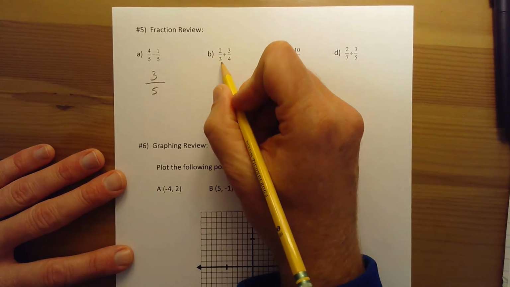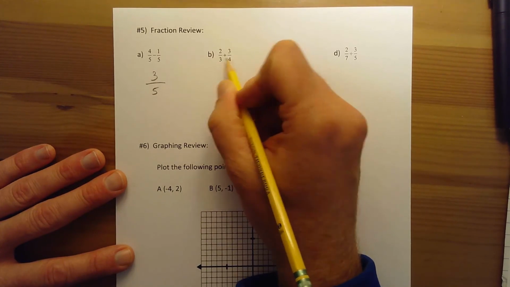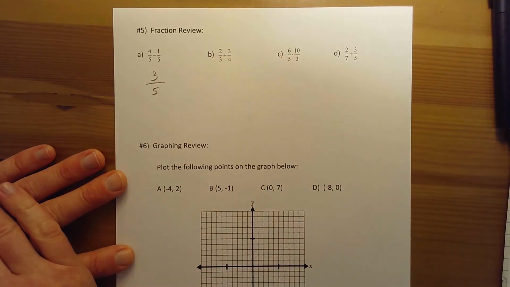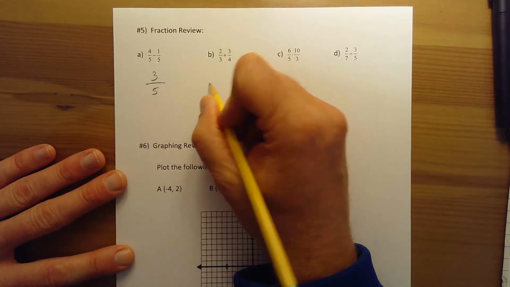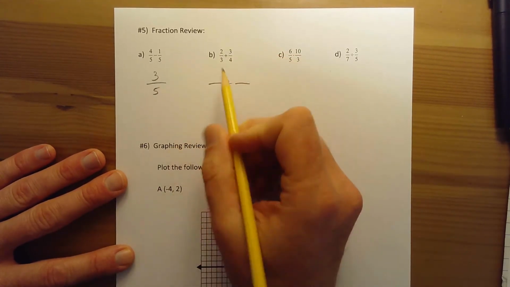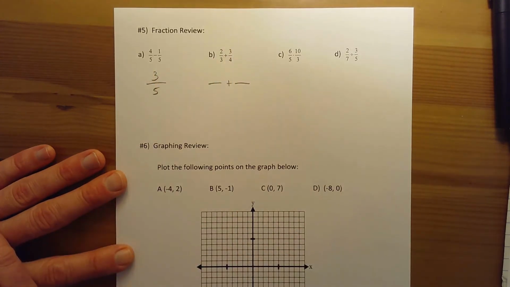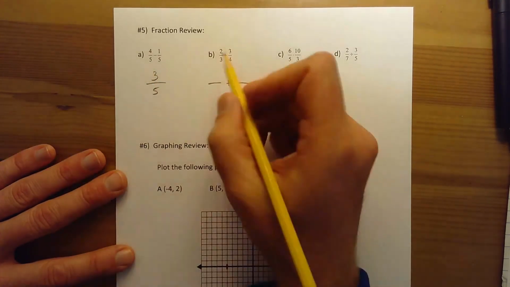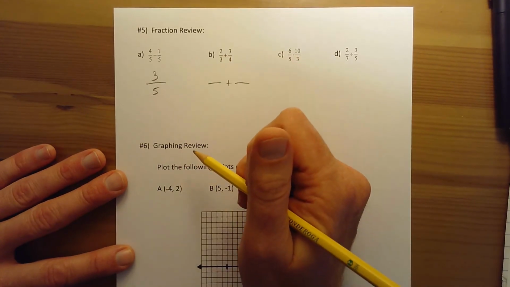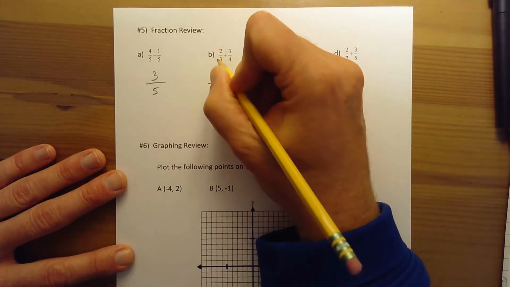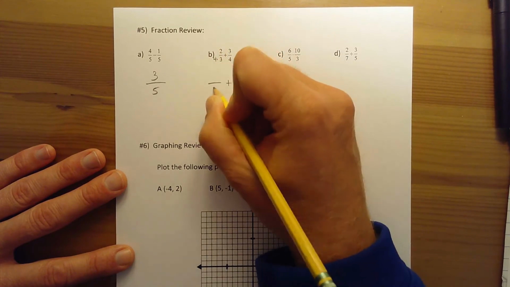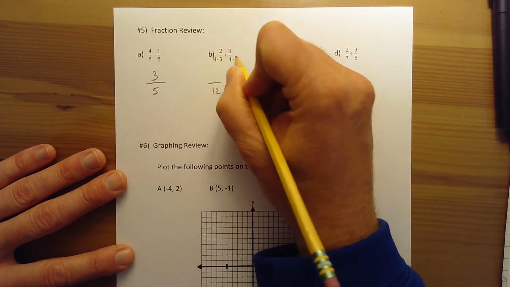Now, if we have different denominators, then we are not able to add or subtract them immediately. So we have to change those denominators. We need to get them the same. Here they were the same. Here they're not. So in order to add these, we need to get these the same. So 3 and 4 both go into 12. So that means I'd have to multiply this by 4 to get 12, and I'd have to multiply this by